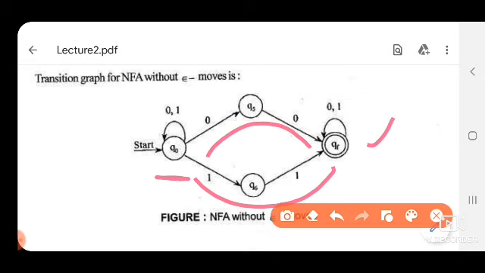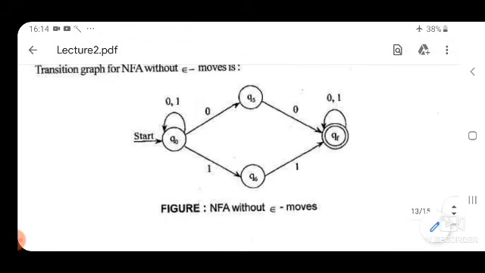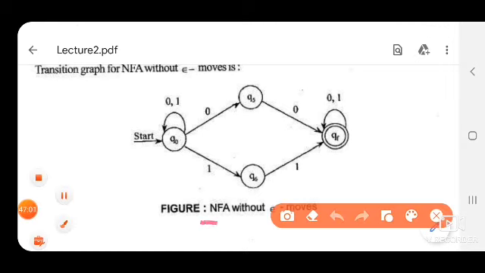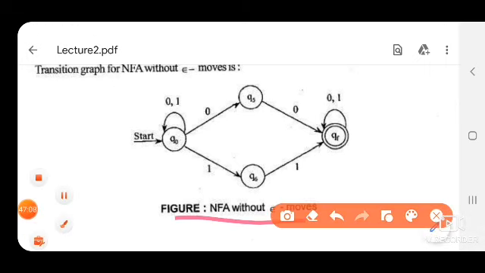You read the concept in unit 1. Okay. And finally, this is not DFA, this is NFA without null moves.